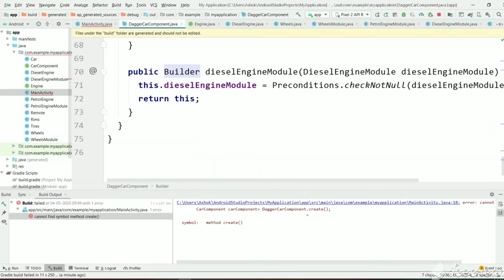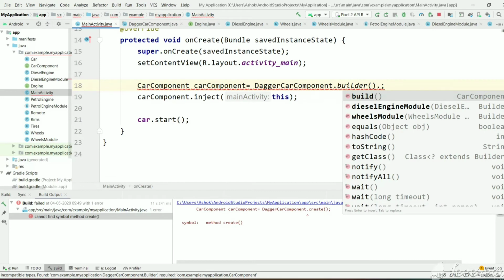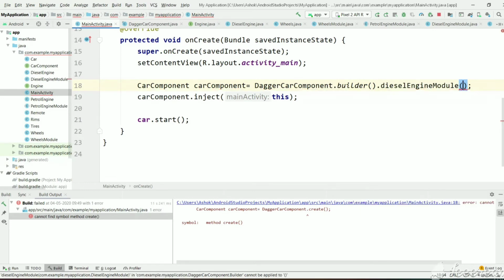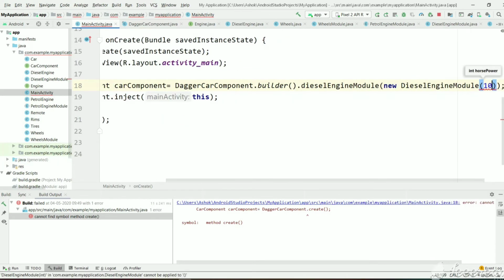Here you can see diesel engine module, there is a method and it will take a diesel engine module object, and let's provide this to it. Dot diesel engine module, and we are going to create new diesel engine module with horsepower 100.